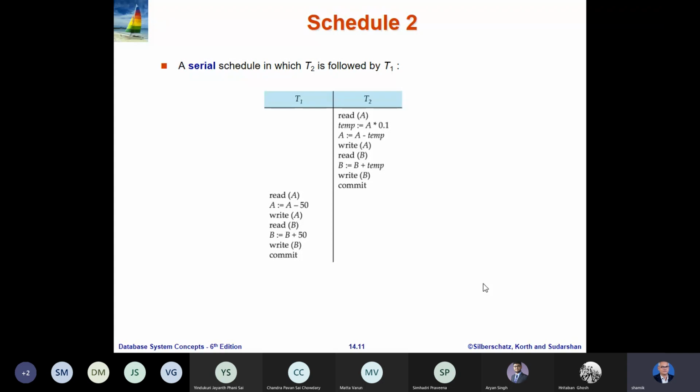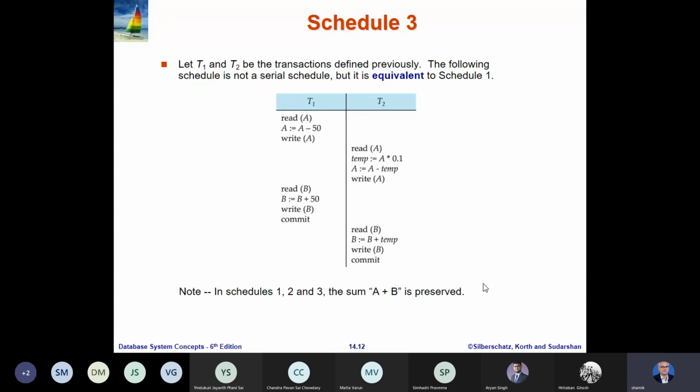And if we had more such transactions, not only two, and all instructions of T2 first get completed, then all instructions of T3 get completed, then all instructions of T1 get completed, and then all instructions of T4 get completed, and so on, these are all examples of serial schedules. Now take a look at this